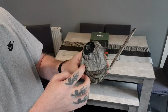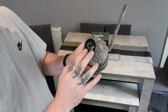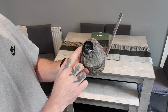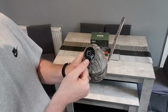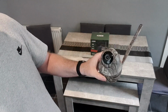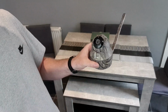So all you do to turn it on is flick this here. What I'd like to say as well is it is night vision enabled as well. Got absolutely fantastic IR lights. Now, at the ranges I'll use it at, it'll white out quite easily. So just cover that up slightly by half. It'll just dim it down, just a little bit of tape. Now if you're filming a wide field of view, some sort of bait station for deer and things like that, then leave it as it is. But for me, at like ranges like 30, 40, 50 yards, I'd have to just dim that night vision down